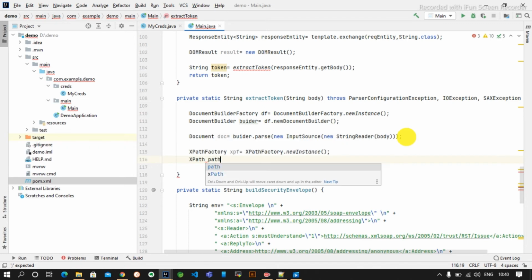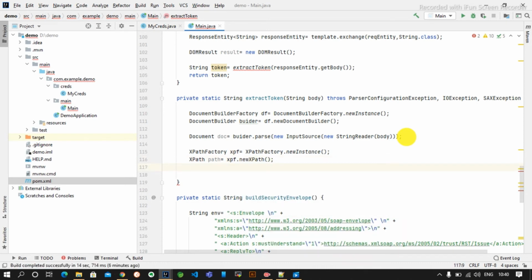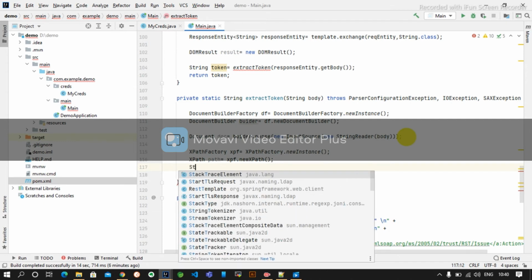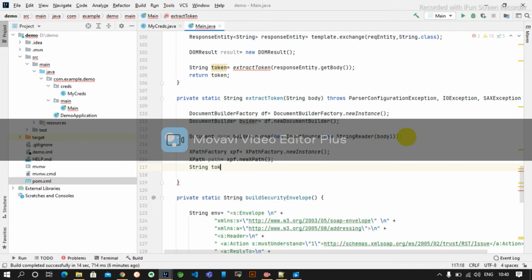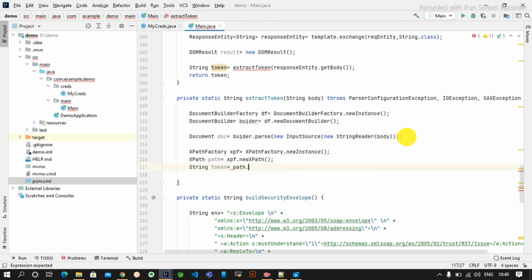XPath is equal to xpf dot new XPath. Okay, correct. Now we will get our token. String token is equal to xpath dot evaluate.